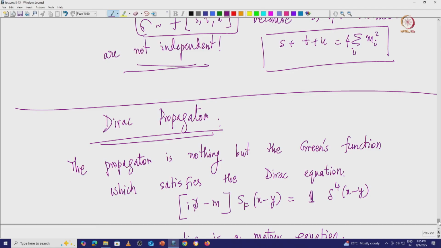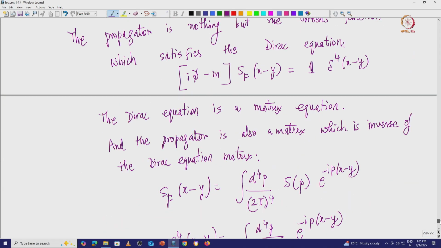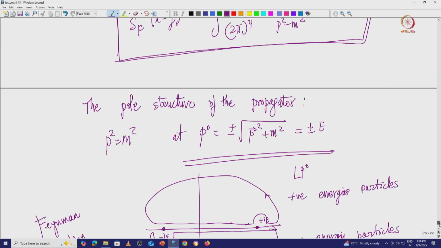The Dirac propagator is nothing but the Green's function which satisfies the Dirac equation, (i del slash minus m) S_F(x minus y) equals i times the delta function of x minus y. The delta function is what we have as a source, and then like I said you can express S_F(x minus y) in terms of e to the power i p (x minus y), and the delta function also we can express in terms of